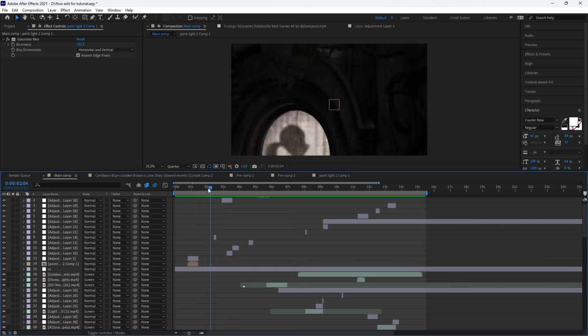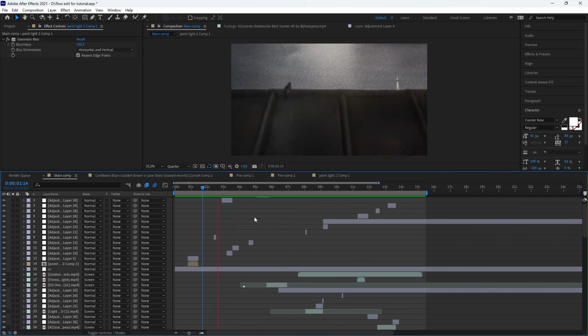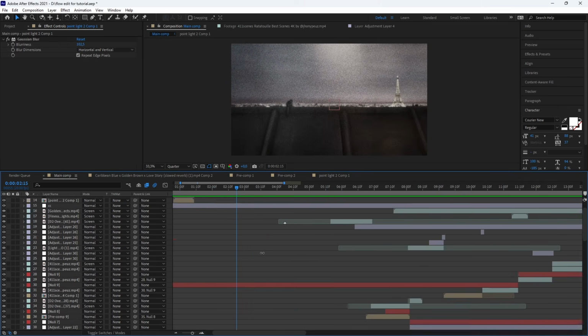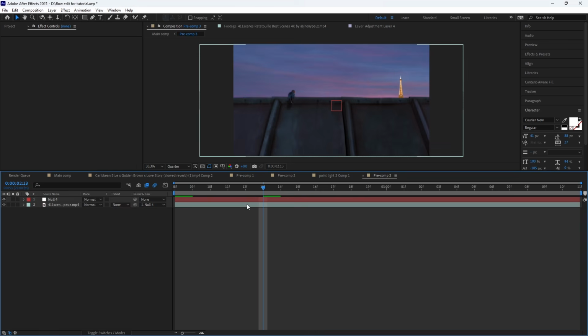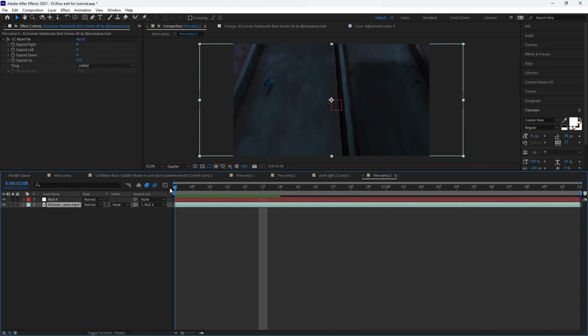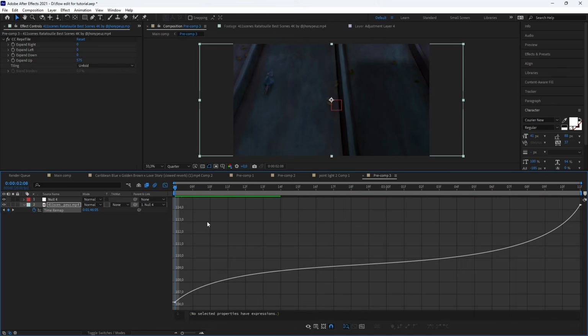Let's continue with this nice transition. Super easy, to be honest. It's basically one main clip here, and then I time remapped it, so it looks like this in my graph. All my graphs look like this: speed, then slow in the middle, and at the end it's very sharp.